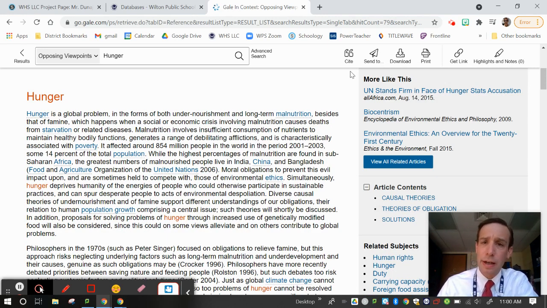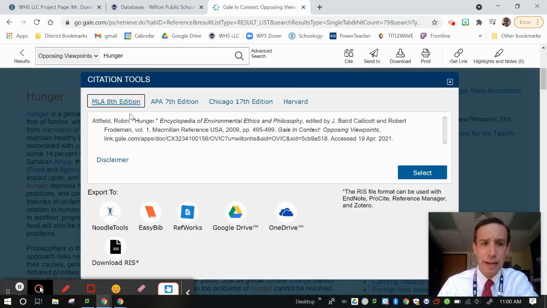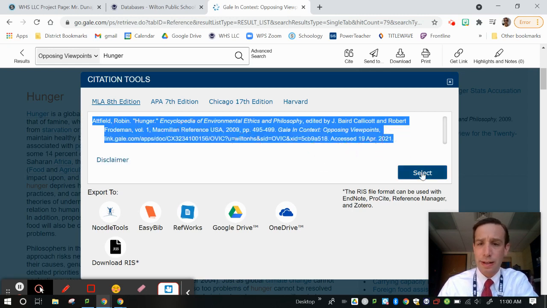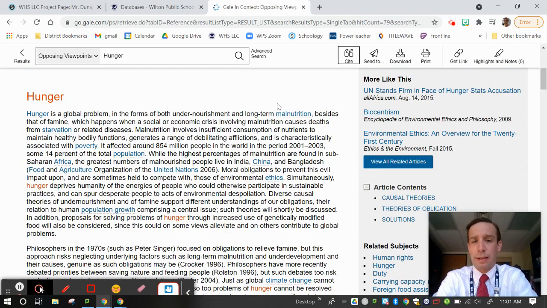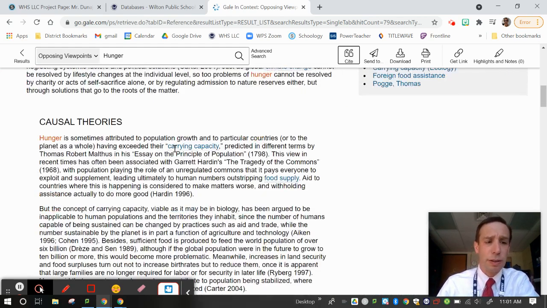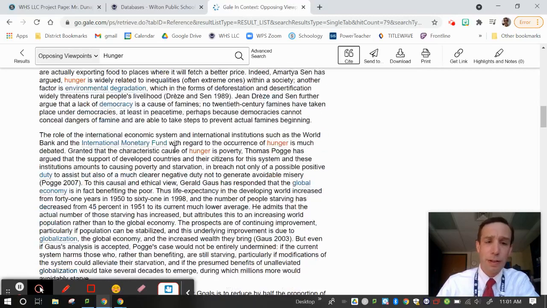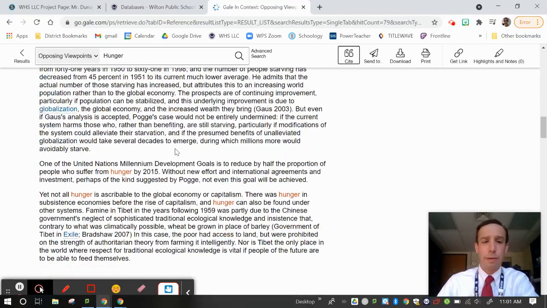In order to cite, you're going to come up to the top of Gale and click on the Cite button, and you're going to see an MLA 8th edition citation. You're going to hit Select and Copy, and bring that over to NoodleTools in order to start building your works cited. Every database and every electronic resource we use is going to have this option, so we're just going to have to look for that cite button in the different databases. Again, you're going to read through the article, pull the information that's important, and start building that understanding of